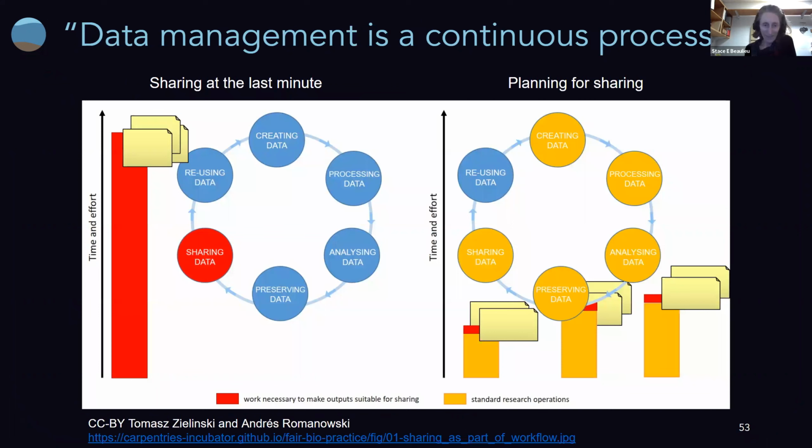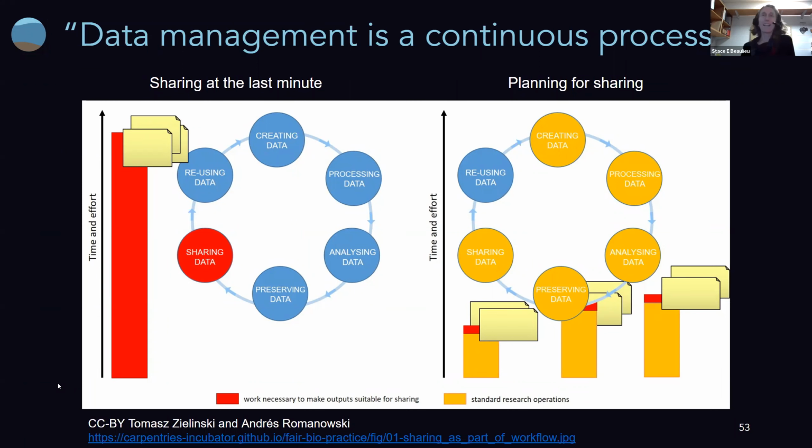I love this graphic, and I want to thank these instructors from a Carpentries Incubator that I found online for sharing it. It's really so illustrative of why it's important to start early to think about sharing out your data, to think about FAIR data from the beginning.